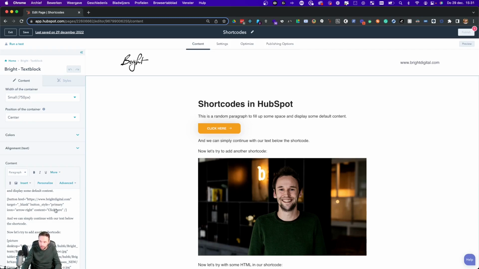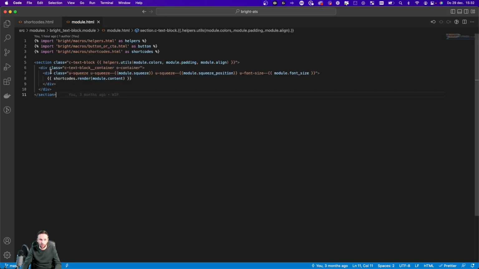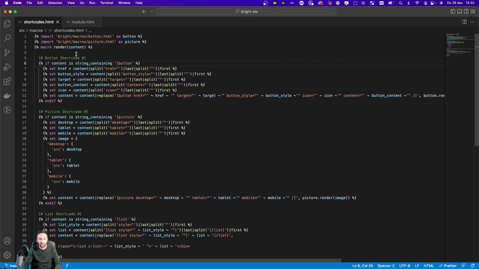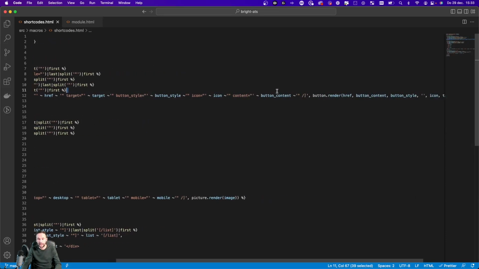So if we would take a look at the code, you can see that in my text block module, I have a macro that I'm using to render the content that is set in the rich text editor. And in this macro, I'm going to check if our content is containing a shortcode called button. And if so, I'm going to take each attribute from the shortcode itself by using a split functionality and taking the last part of the array and using a split again, and then taking the first part of the array. And that way I can extract the href and the button style and the target and the button content from my shortcode. So now that I have these values, I can simply use a replace filter on my module content,